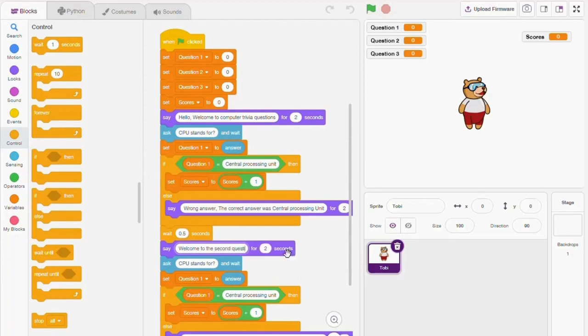So you can welcome to the second question, and then we can say what do you want. So the second question should be: RAM stands for what? So what is the meaning of the word RAM as used in computers? And we set our second question to the answer that you are going to receive. And then if the second answer is random access memory, random access memory,